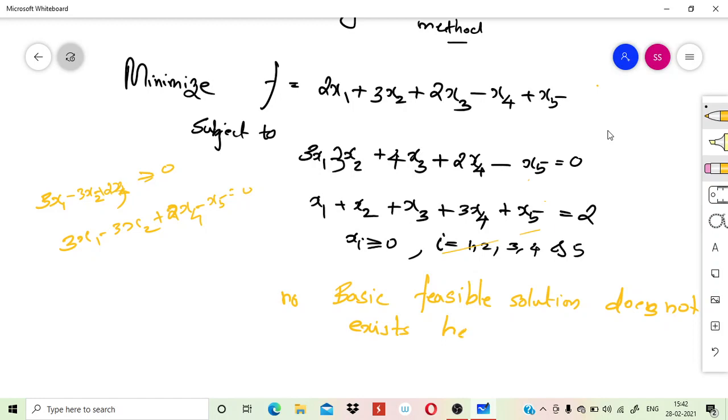So if a basic feasible solution does not exist, then we will go for our two-phase simplex method. Okay,